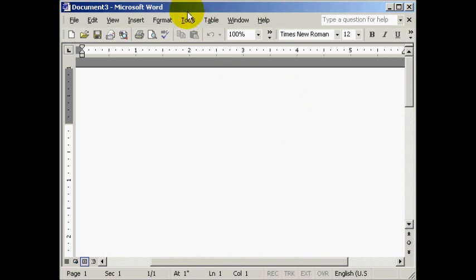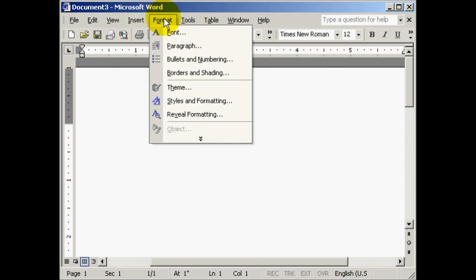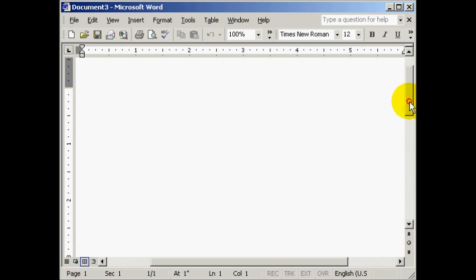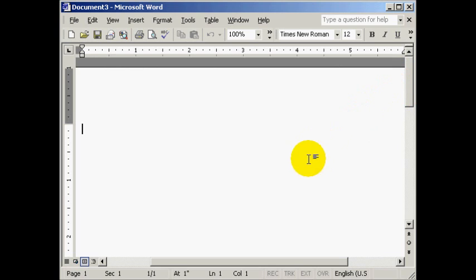Directly beneath the title bar is the menu bar. These menus contain many commands that you can use within Word. And below the menu bar is the toolbar area. These toolbars have buttons which are shortcuts to many basic commands that you will be using. Beneath that is the ruler, which shows you where you are in relation to the actual printed page. There are scroll bars at the sides, a status bar at the bottom of the screen,